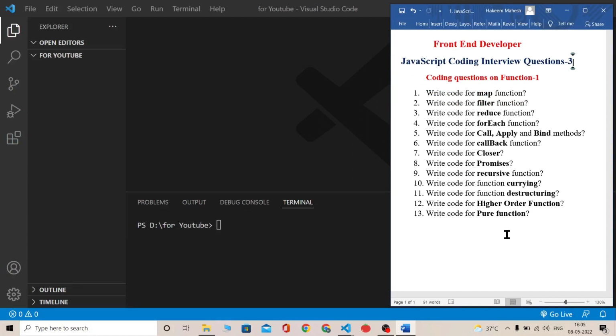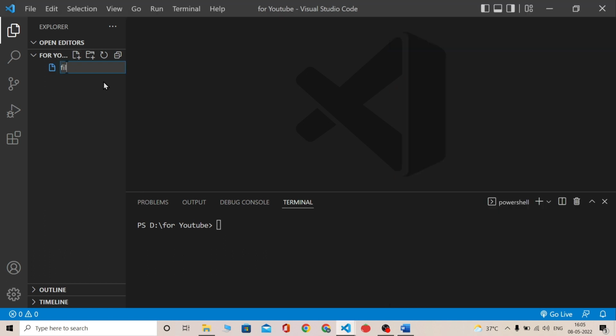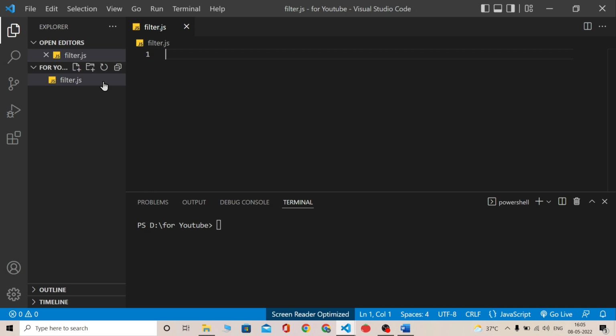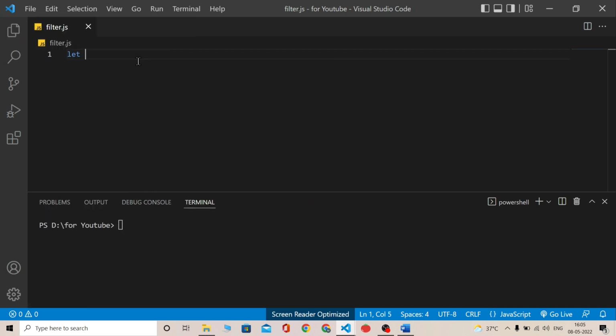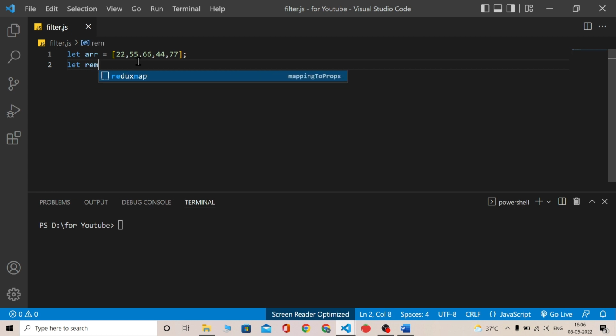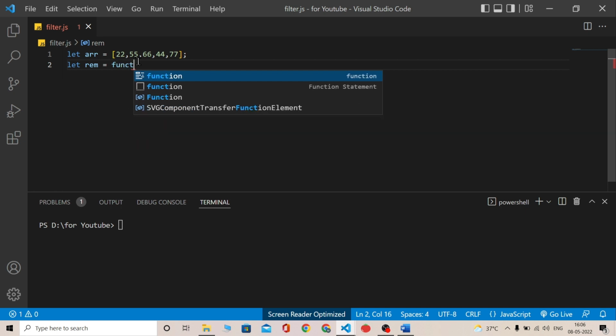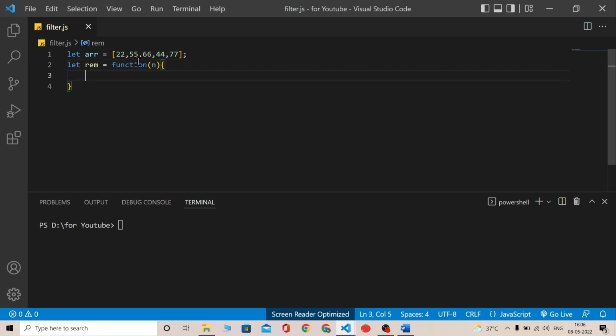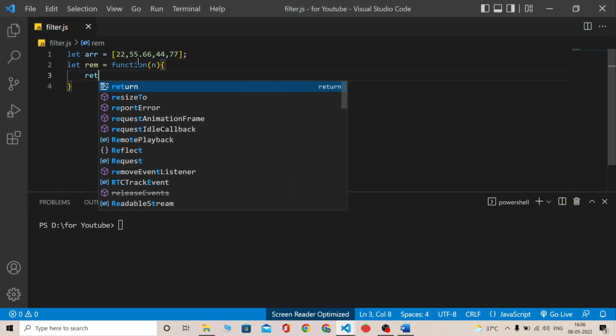Next question, write code for the filter function. I'm creating a file named filter.js. Next, I'm writing an array, arr equals to, and I'm taking some values like 77. After that, I'm writing a function, taking a variable, remainder. In this function, I'm passing an argument n, and I just want to return